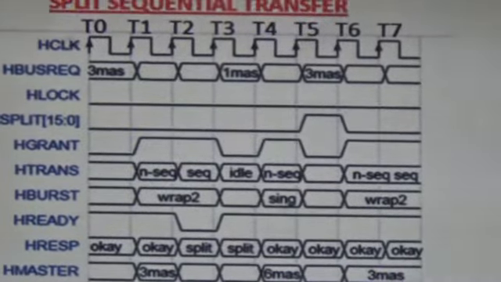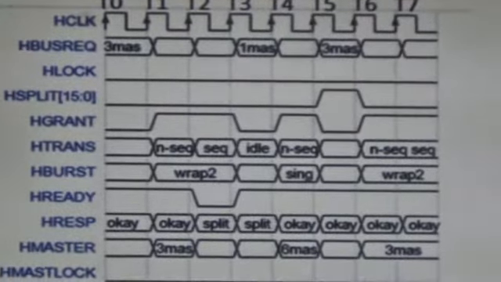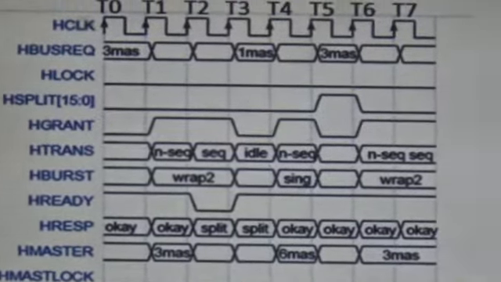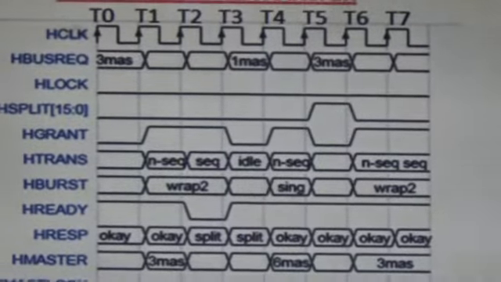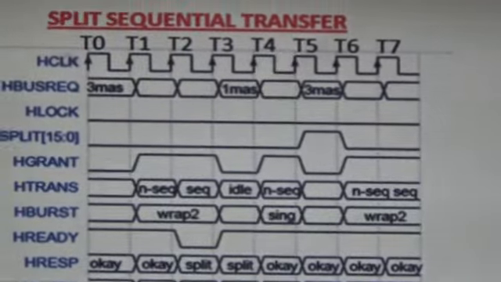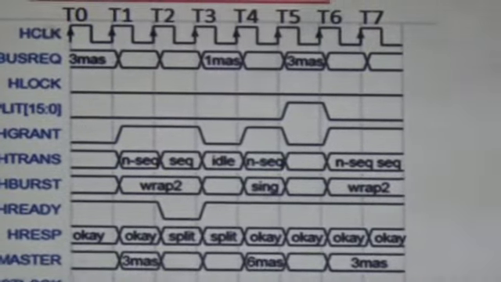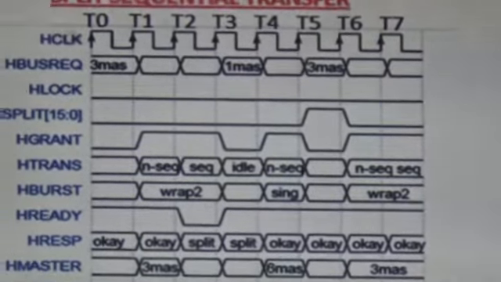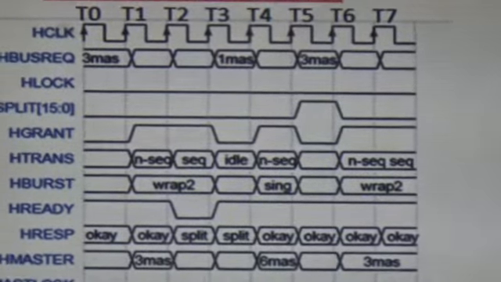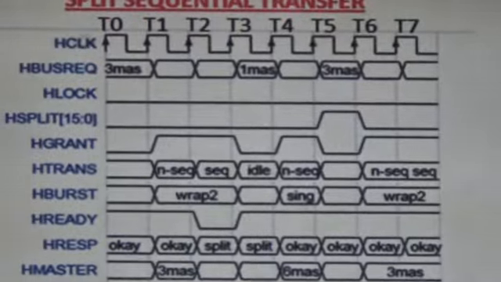In T1, the transaction happening is a sequential transfer of the wrap bus type. Since it is WRAP2, it takes 2 clock cycles, and for any sequential transfer the start transfer is of non-sequential type. That's why in WRAP2 we have 2 clock cycles. First one is non-sequential and another is sequential.